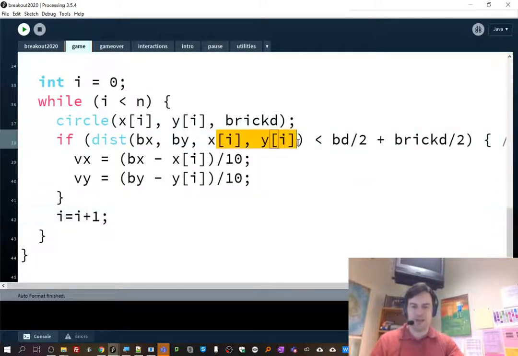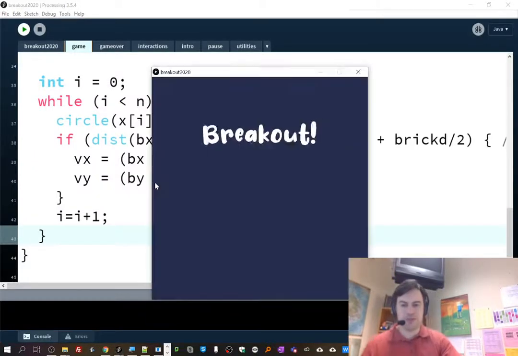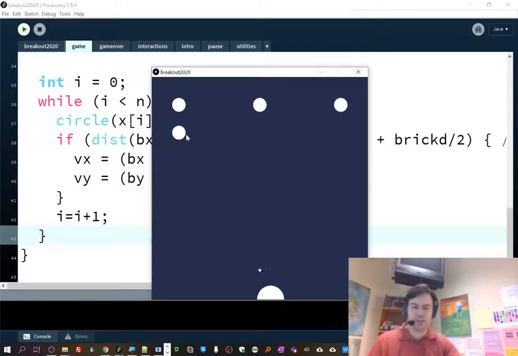Then, because I've got all these set to I, and I is changing in this while loop that happens all in one frame, then all my bricks will now become physical. They'll be like solid. Like this brick, I can't hit a brick. Just can't do it. Can I hit a brick? So it looks like I'll hit this brick. Yeah. And then will this brick hit? Yeah. See? All the bricks are now